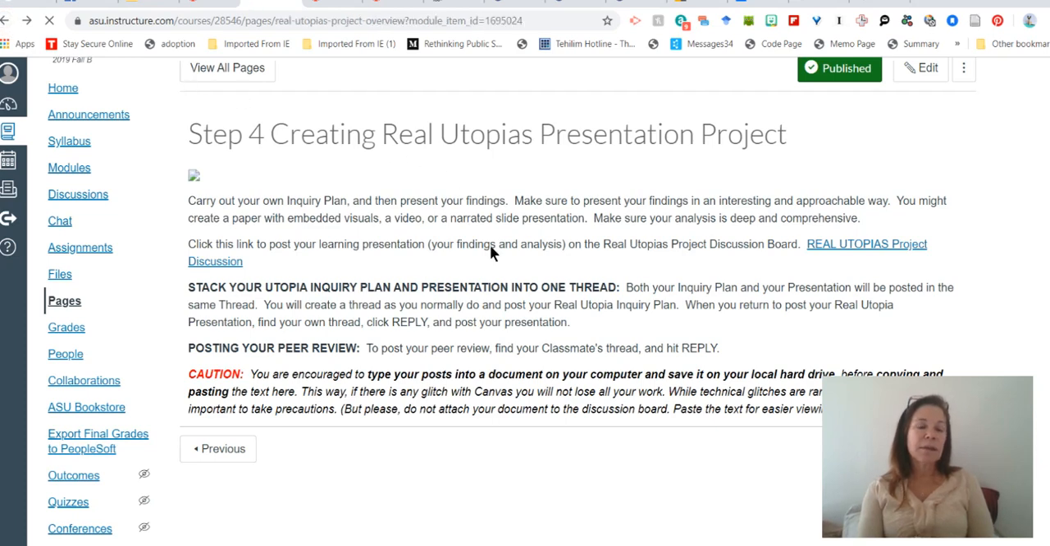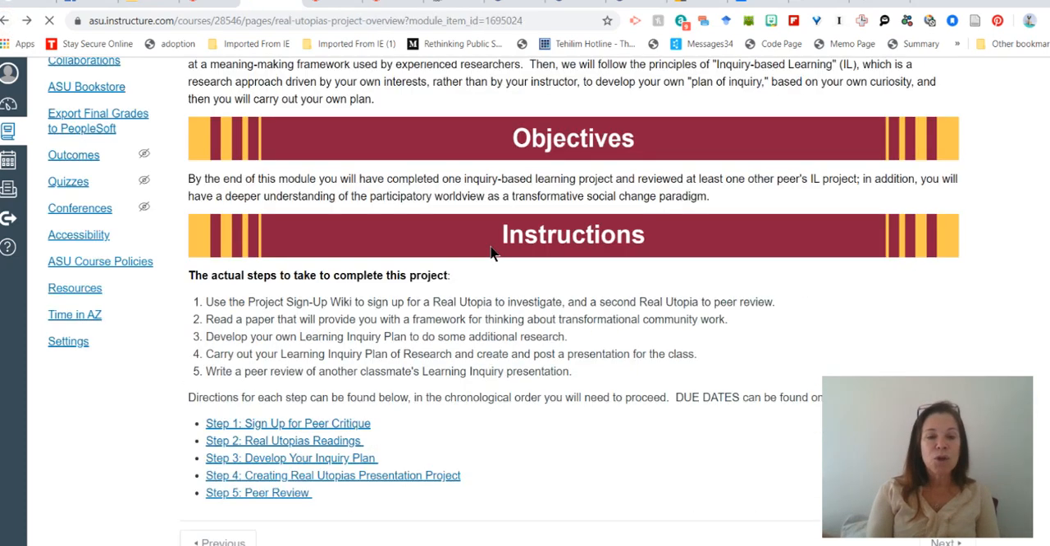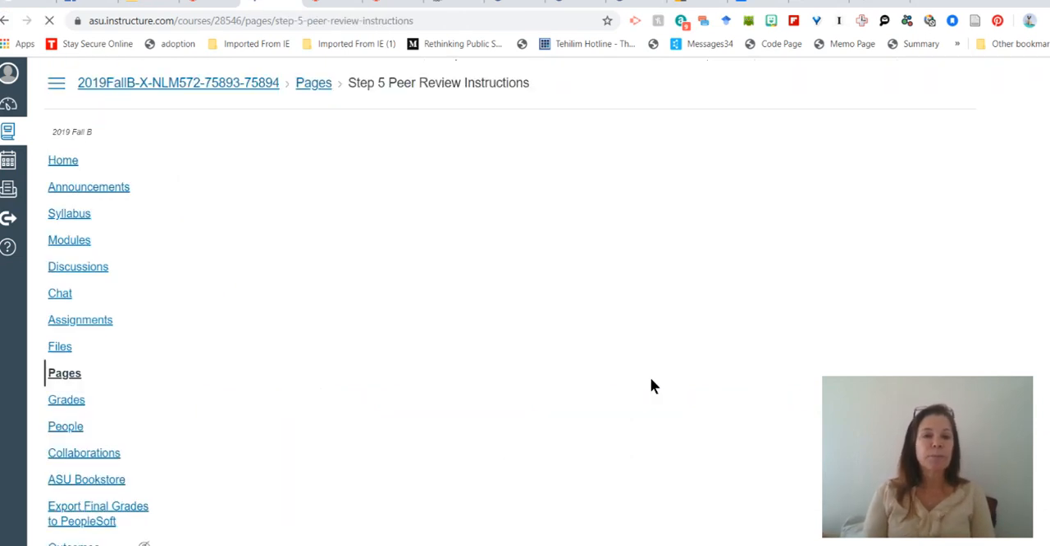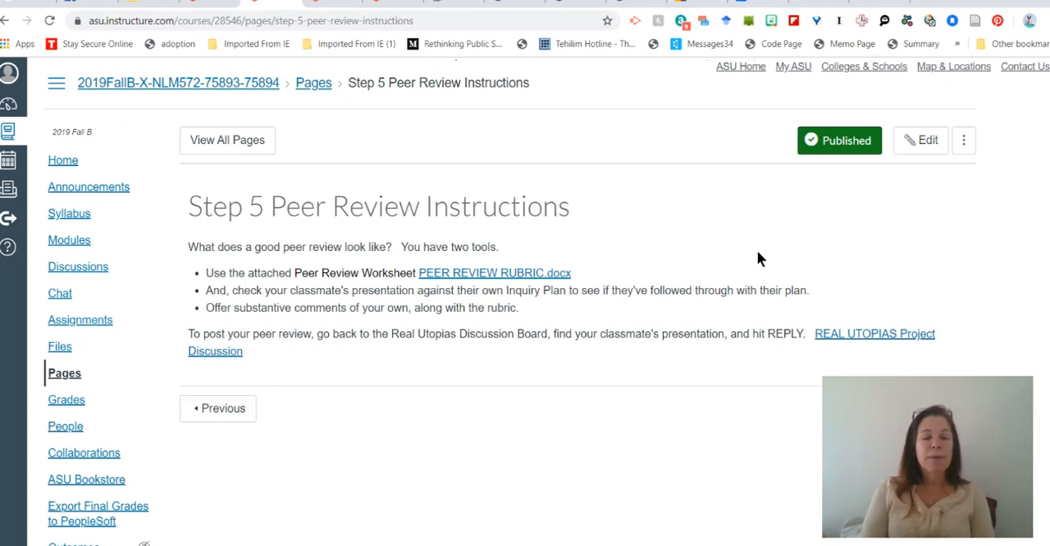The last step is critiquing your classmate, all right? Peer review, peer critique. You've got 3 pieces to this. It says you have 2 tools. The one tool is their own inquiry plan. I didn't put it first, but